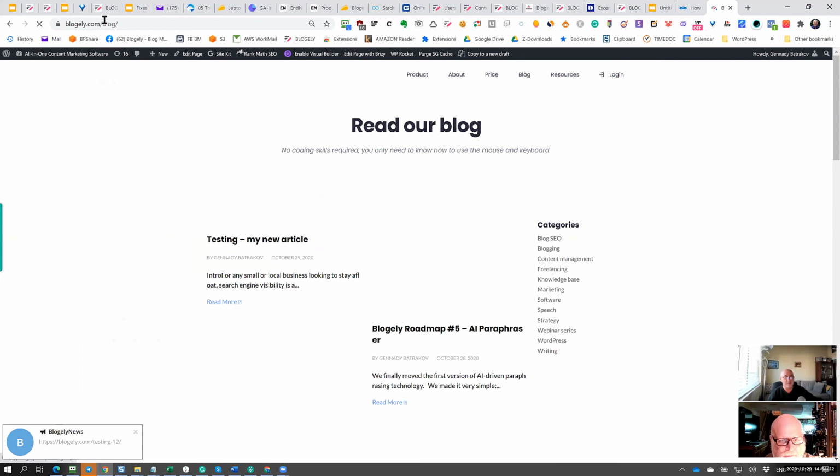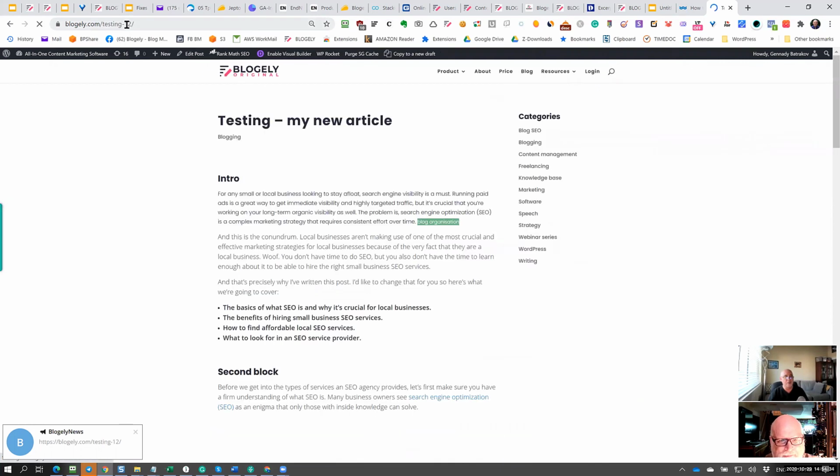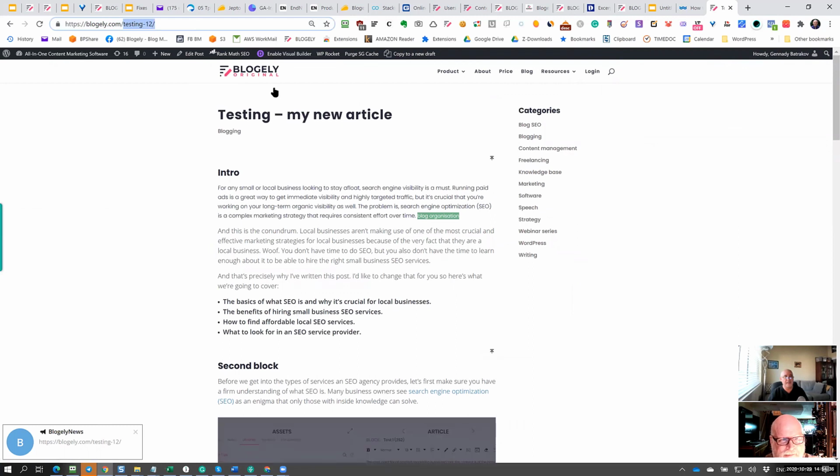Let me now go directly into this article so you can see how the article is being populated. So now I'm going into this article, read more, right? You can see here is my URL. You can see on the top, this is the slug of the article. Since we didn't add the featured image, you can see the missing area here.